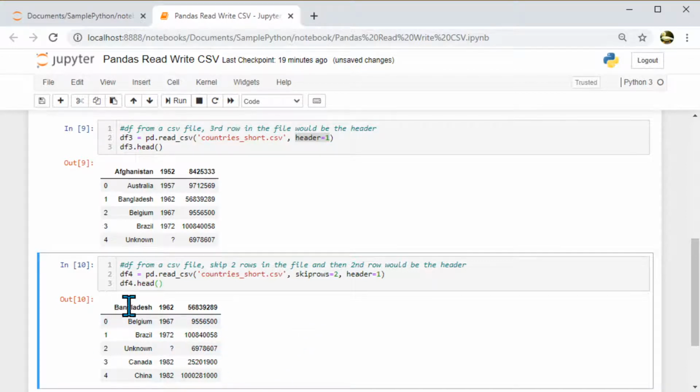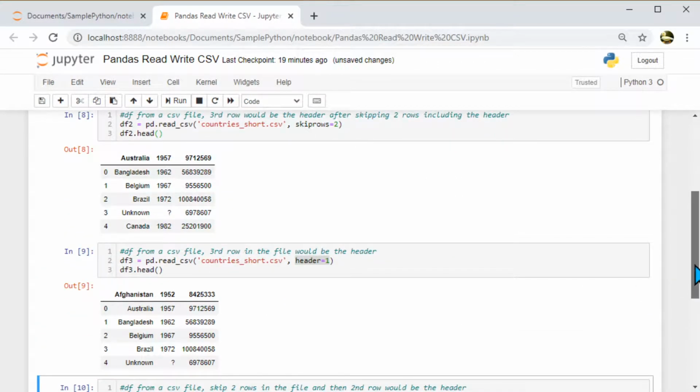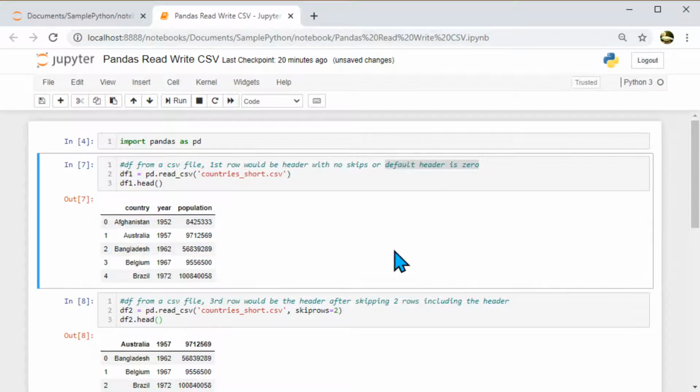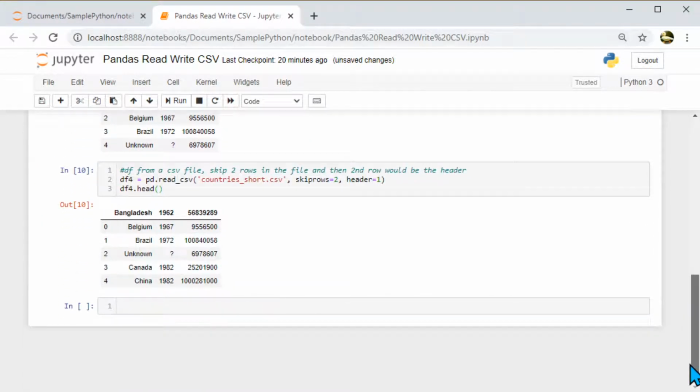So it's starting from Bangladesh as my first row, or as my header. So if you go all the way to the top, you would see I skip 2 and I skip 1 for the header, and I start with Bangladesh in the most recent read_csv.